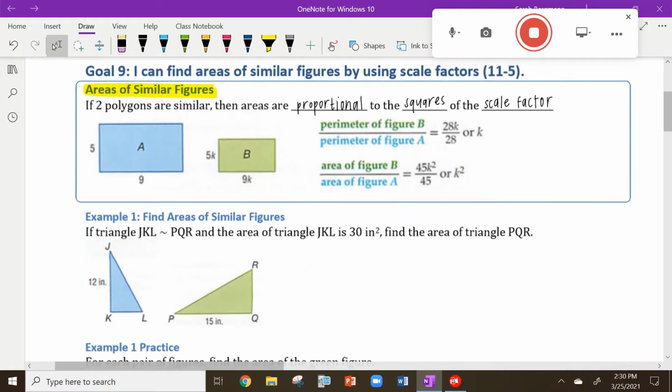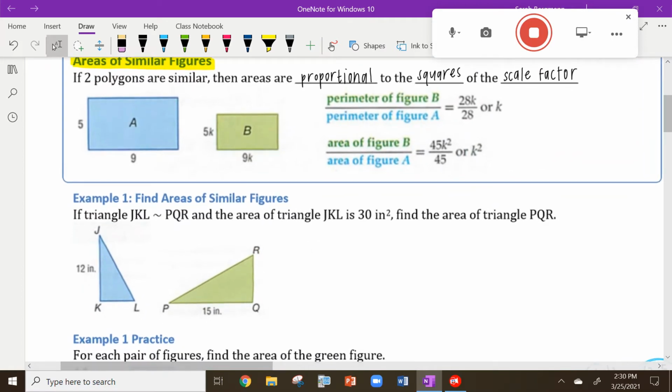Let's use this in a problem. It says triangle JKL is similar to triangle PQR, and the area of triangle JKL is 30 inches squared. Find the area of triangle PQR. So what we have to do here is first find the scale factor. We're going to look for two sides that we know are corresponding. JK corresponds to PQ. So I know that I have the measures for each of those,